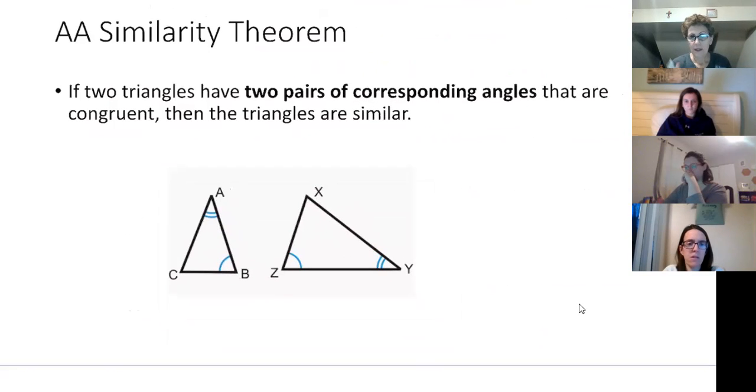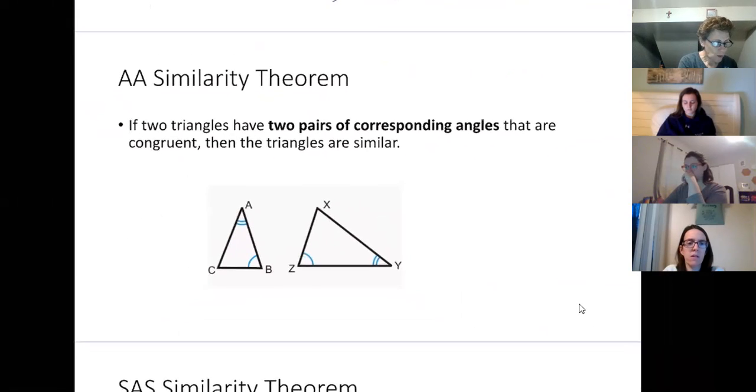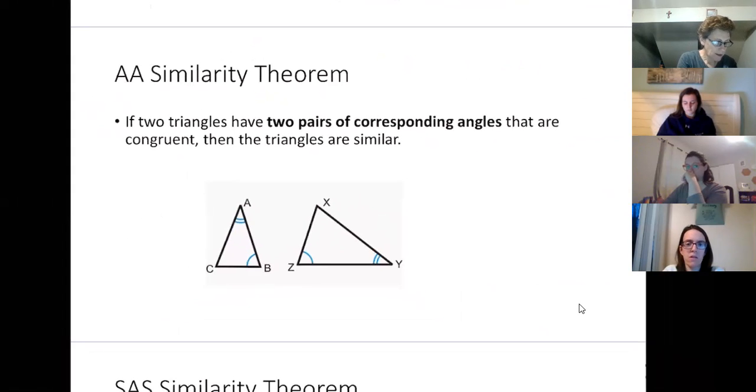they tell us that if two triangles have two pairs of corresponding angles that are congruent, then we can say the triangles are similar. Okay, so in this situation, we do indeed have the two angles. So once you see this, you can prove similarity by AA. Now, notice that these guys are not in the same orientation. So if you're going to write